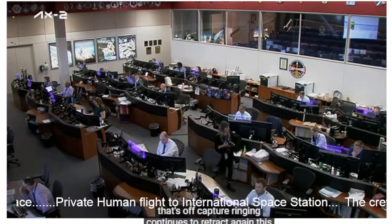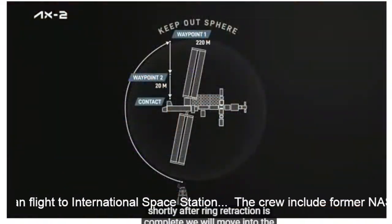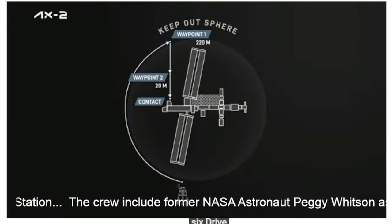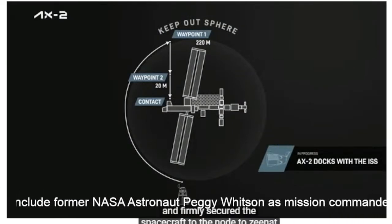That soft capture ring continues to retract. Again, this is the first stage in docking. Shortly after ring retraction is complete, we will move into the hard docking portion. This is when those 12 hooks, 2 sets of 6, drive and firmly secure the spacecraft to the Node 2